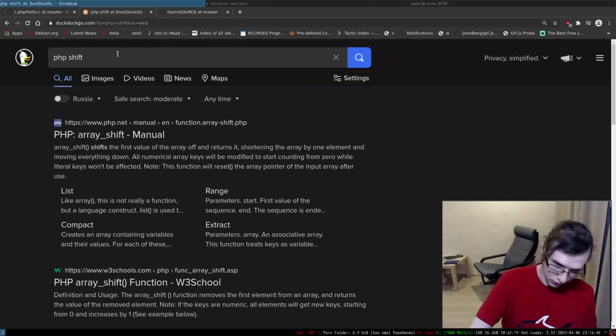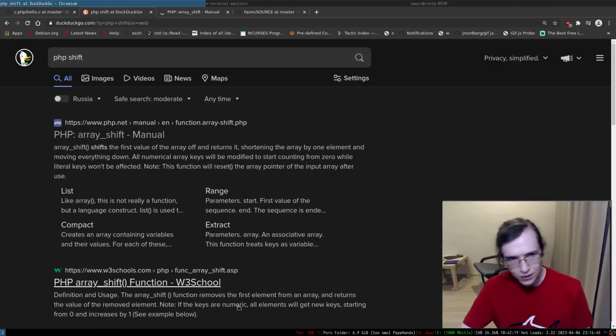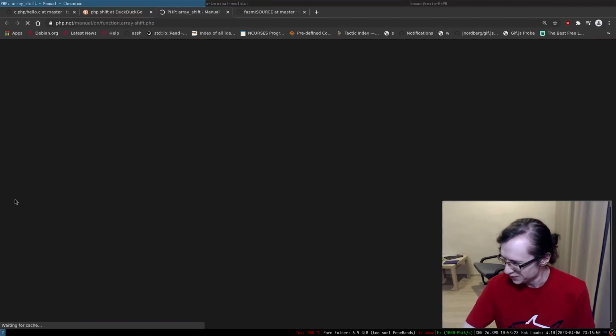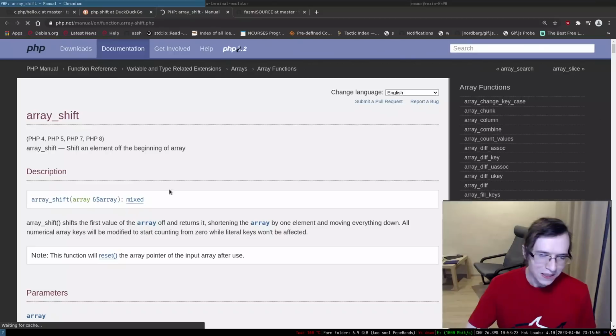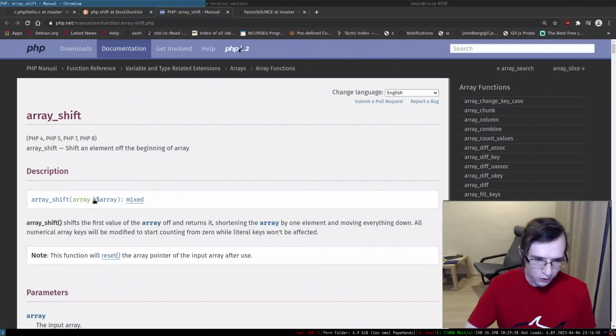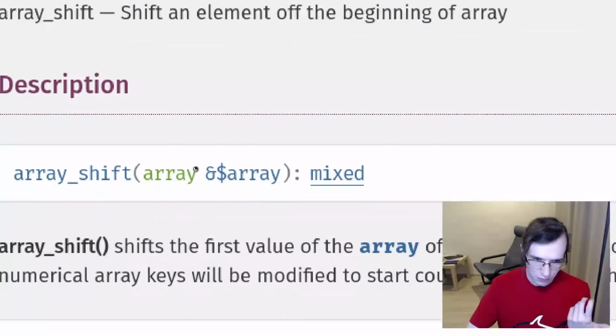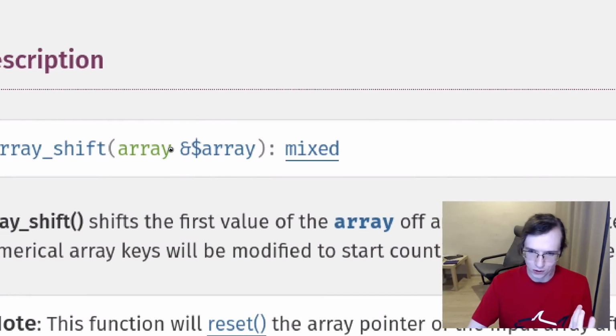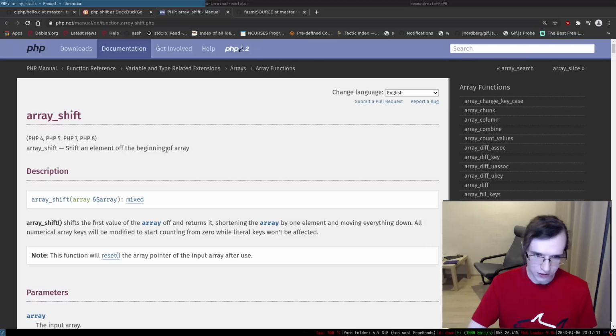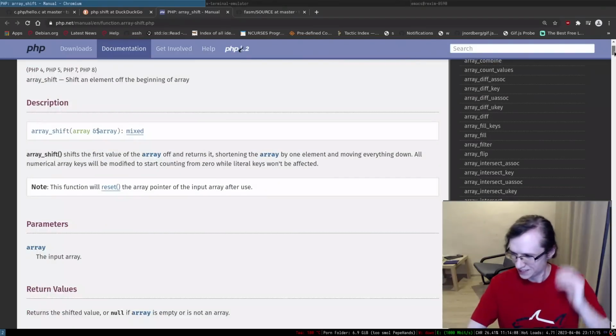There is array_shift. Okay, that's pretty cool. So you actually pass it by reference. PHP has references, right? Because I keep seeing this ampersand over and over again, and I suppose this is like a pointer. So this is the first scripting language I've seen that has pointers. Maybe Perl also has something like that, but it's kind of interesting, right?